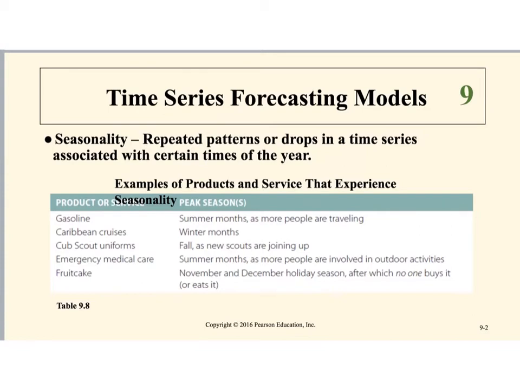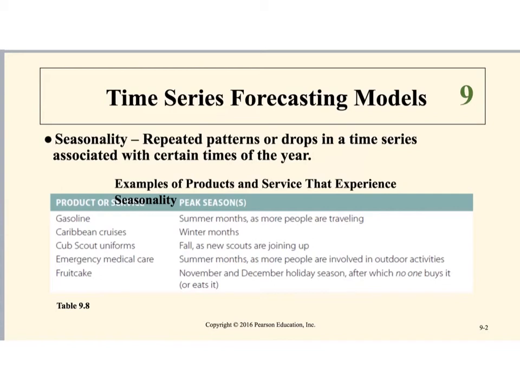So far we've talked about time series modeling approaches that dealt with randomness. In all the models we covered prior to this video, and in the last slide, we talked about a time series model that accounts for upward or downward trends by using linear regression. But how about seasonality? What about those repeated up and down patterns, for example, in the demand for a product